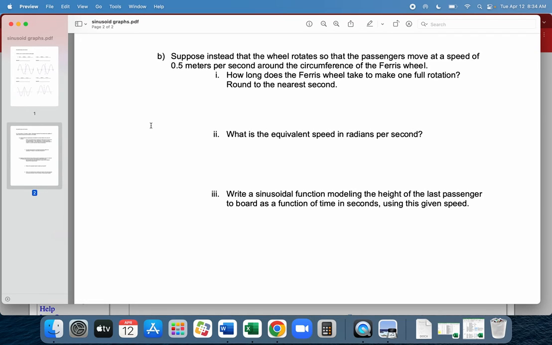If I try to solve for that b, notice what I'm doing: 2 pi divided by 201. That's the exact same thing we just did. This speed that we just calculated is the same as this b that we had there. So I'm going to call it 0.03